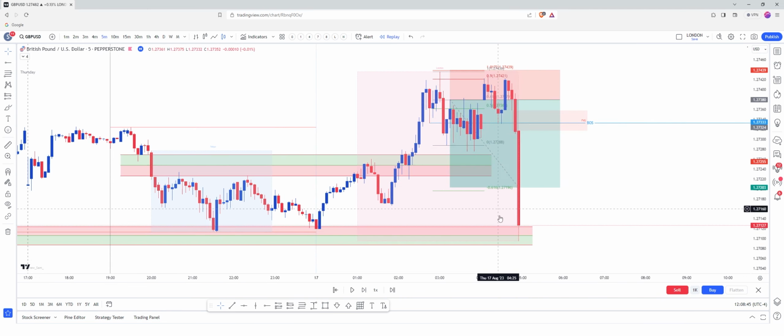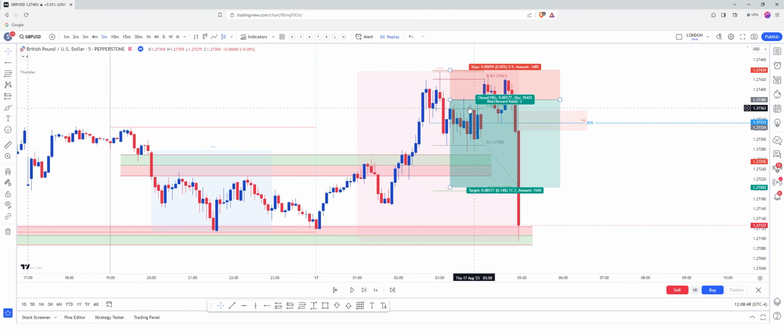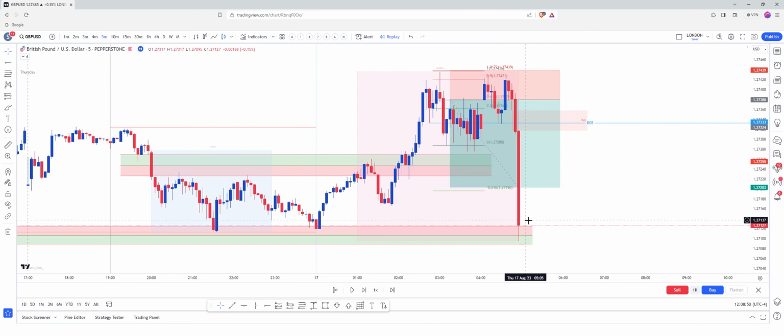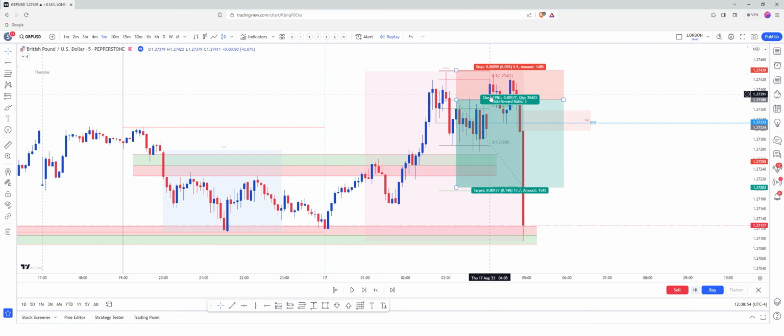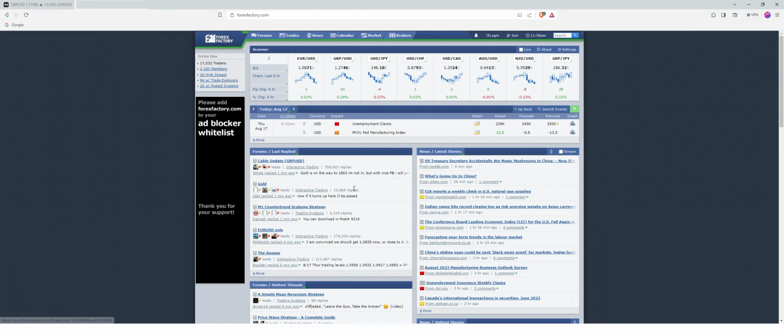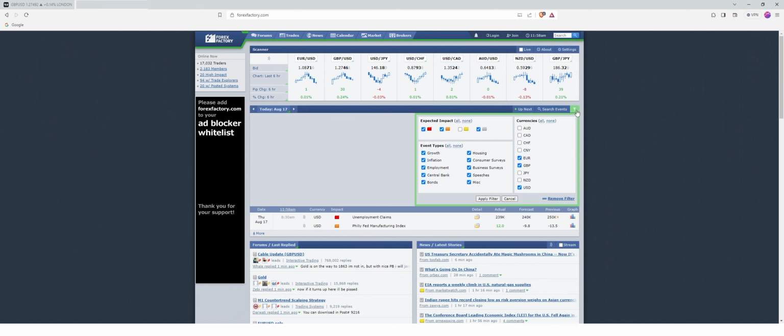Break of structure. Now this isn't news driven, so this did surprise me at this point. So we hit our 3R really quickly, back into that 15-minute fair value gap. I can't see any news on the calendar for the pound, so I'm not quite sure what